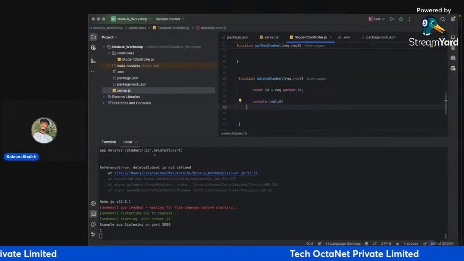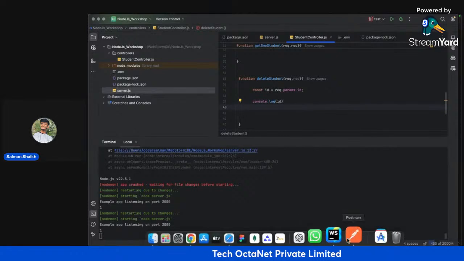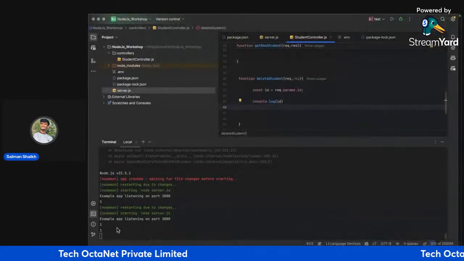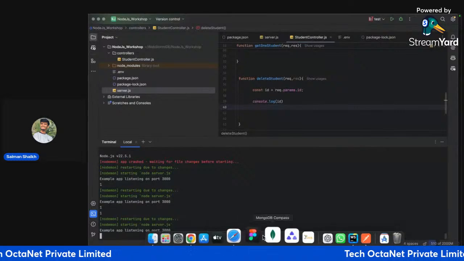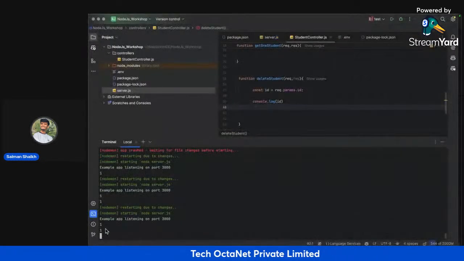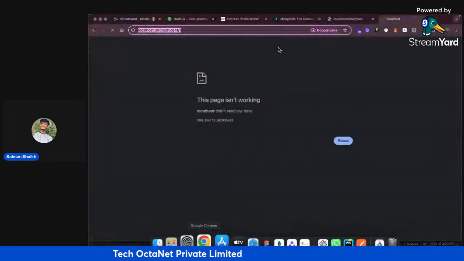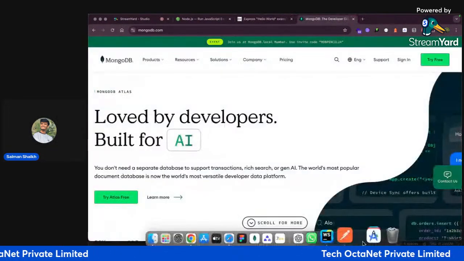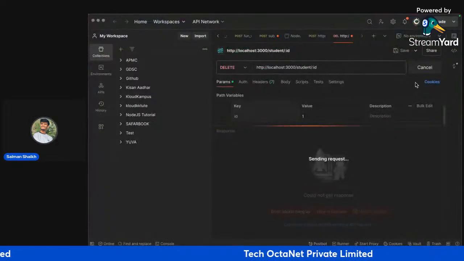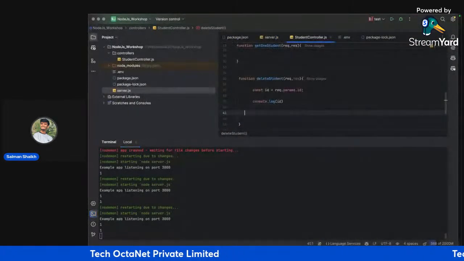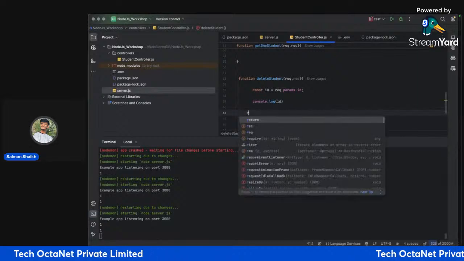First we'll console the ID because you can see once I am hitting this request, it's returning 1, right? Once again I'll show you. I'm hitting the request and it's returning 1, right? I'll remove this. Now we'll work over here only, right? If I want this request's response directly, so I'll just do